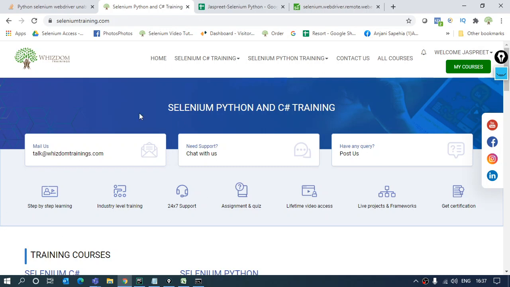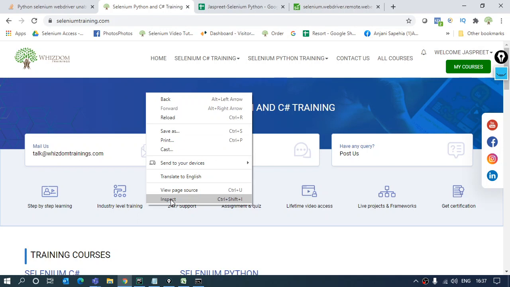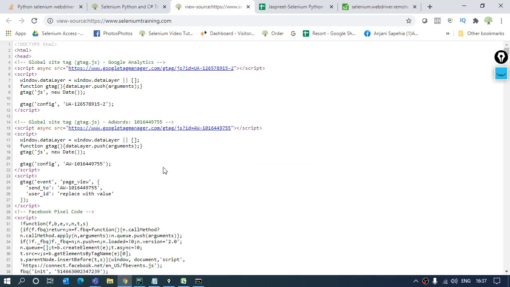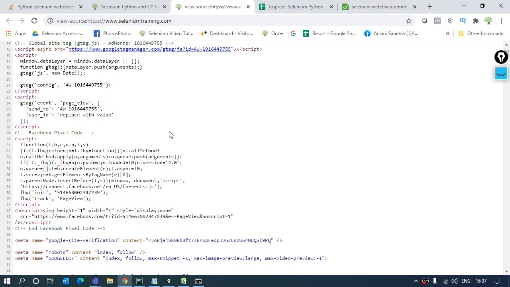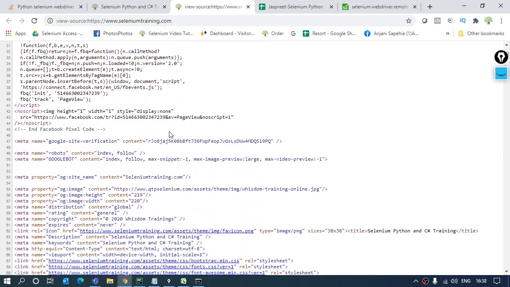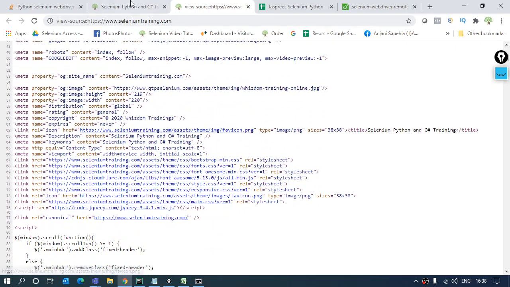Whenever we search for any website, the server actually returns me a page source of that particular page, right? An HTML code is sent. If I right click anywhere on the page and go to the last option that I get on this option box, I get the option to view page source and to inspect. If I show you the page source, this is the whole layout, whole HTML code for the page that I have shown you over here.